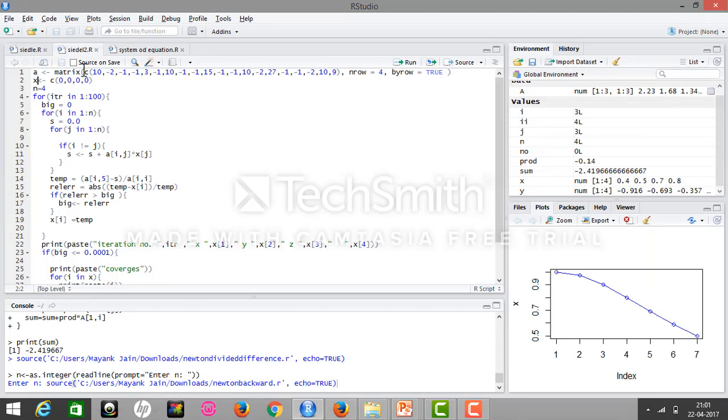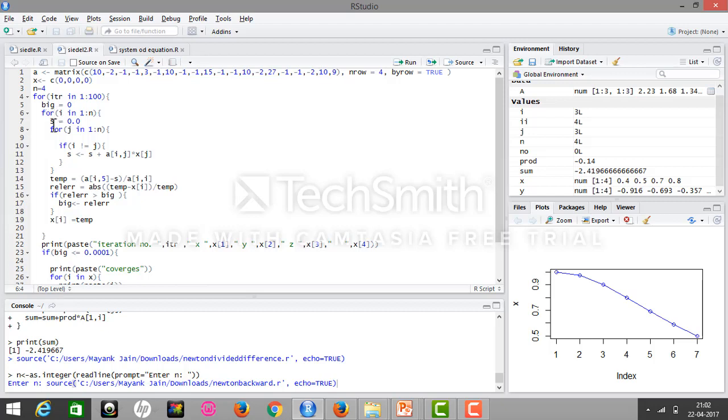Initially it contains the value 0, that is in X, and then we have given n equals 4 because we have to find 4 variables. Then we have iterated our loop 100 times. This is just a maximum iteration. It won't iterate for 100 times, but it is just a maximum value given for the iteration. It could be any value like 20, 25, 100 or 1000 also, but we have just taken 100. Then we have given big as 0,